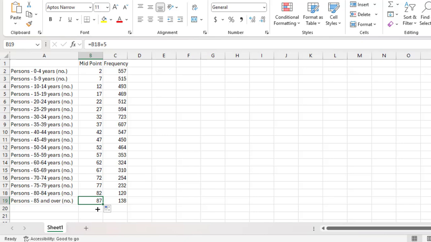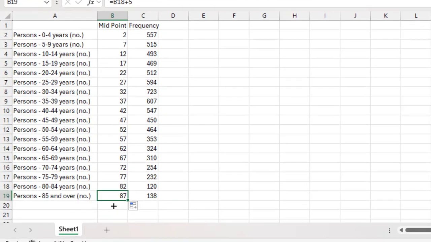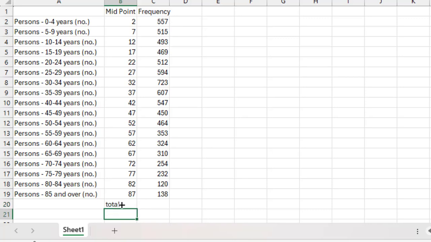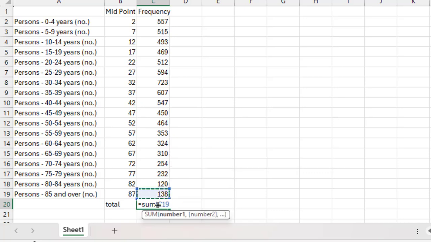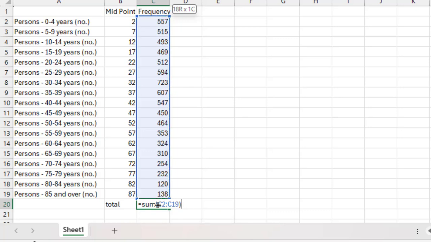Right, now, if we want to find the mean, we add up all the numbers and we divide by how many there are. So we need a total for the frequency. Now, if we zoom in here, you'll see I'm in the bottom cell of the frequency column. I'm going to press equals, and then type sum because I want it to add up all of these values. I'm going to open a bracket, and highlight the section which I want it to add. I want it to add all of those values above this. I'm going to close the bracket, and when I press enter, it will add them all up. So in the Richmond on Tweed,